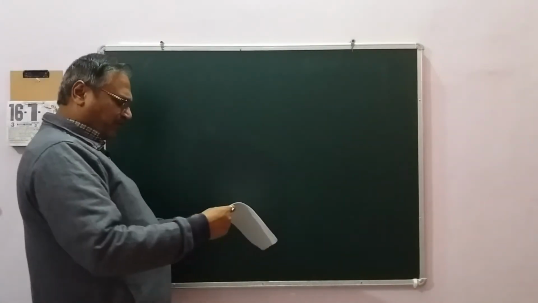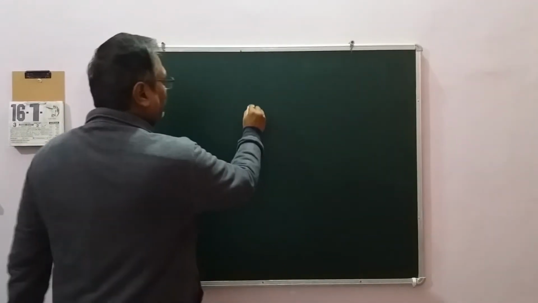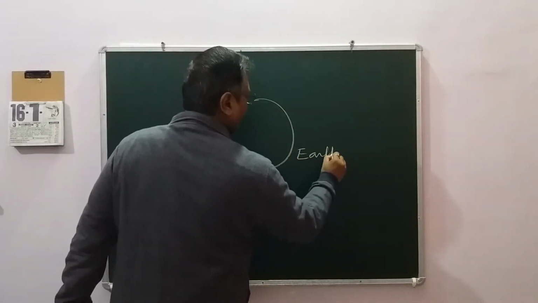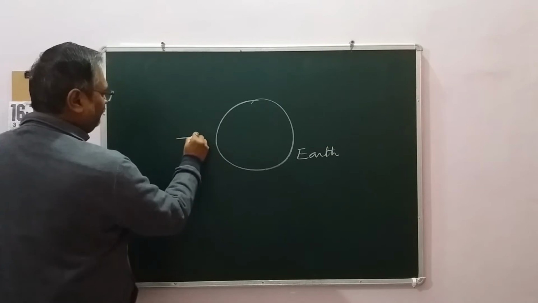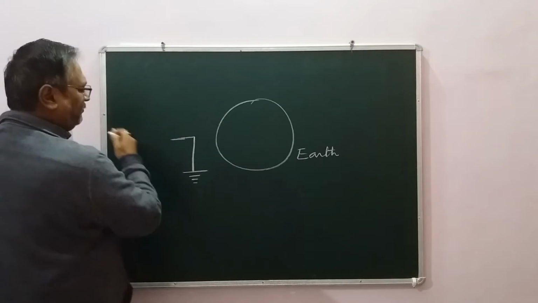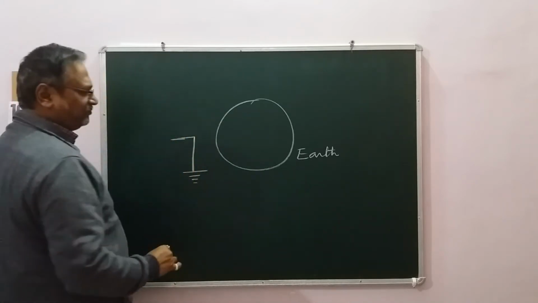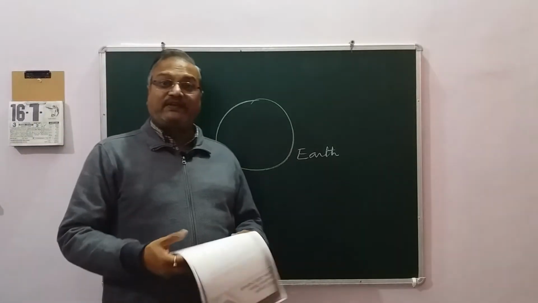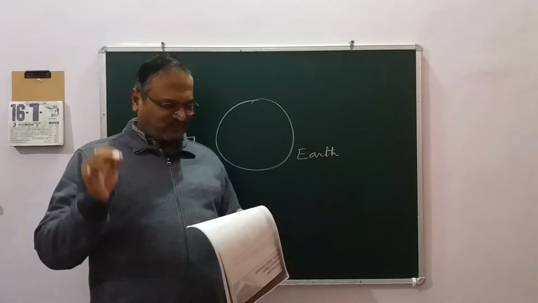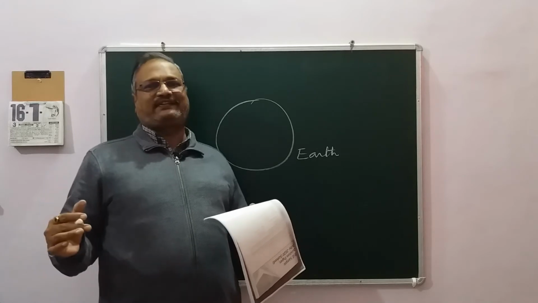The electric potential of the earth is taken as 0. Whenever you connect something to the earth, we put a symbol like this, right? So whenever you can connect any appliance, resistance or anything, this is called earthing. So what does it mean? He is giving you options for earth: insulator, conductor, semiconductor, dielectric.